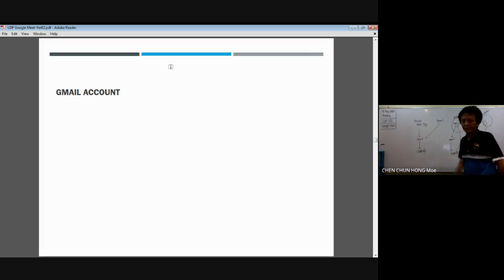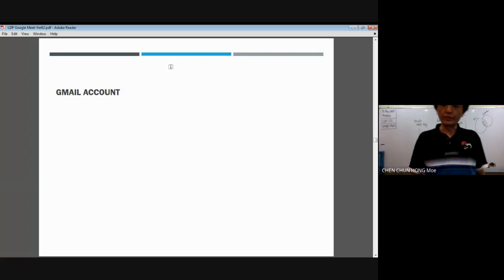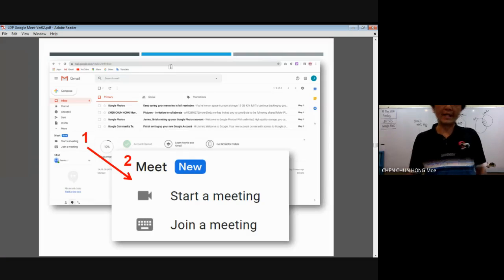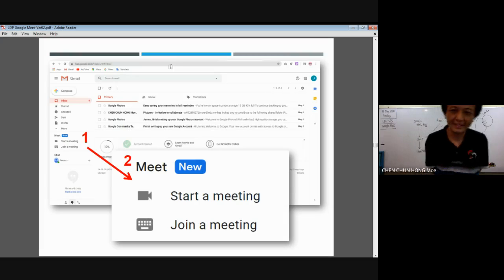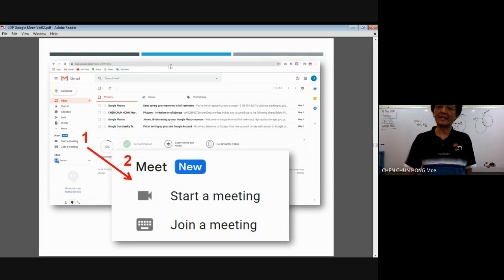Through your Gmail account. If you log in using your Gmail, you can use your own Gmail, or you can use the ministry Gmail or email account. On the left side, around the middle, you see this Meet thing. So you click there, start a meeting, join a meeting. It works the same. If you click start a meeting,